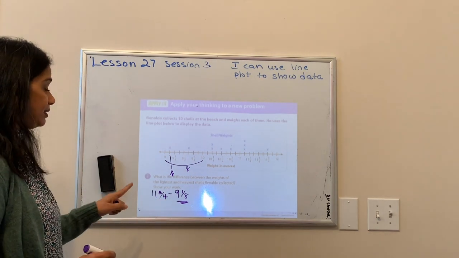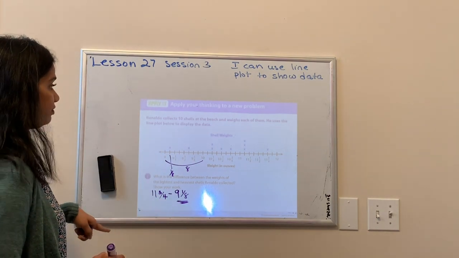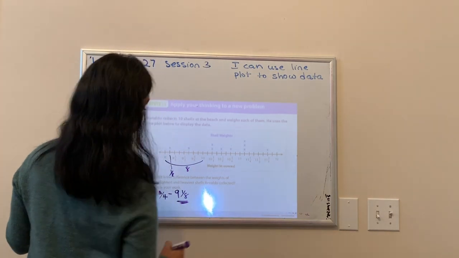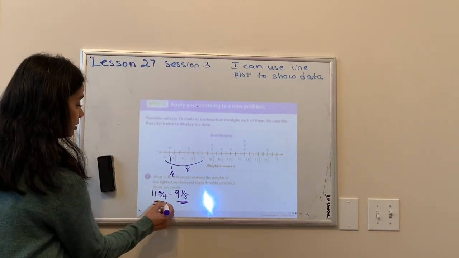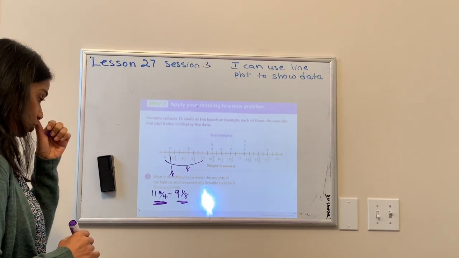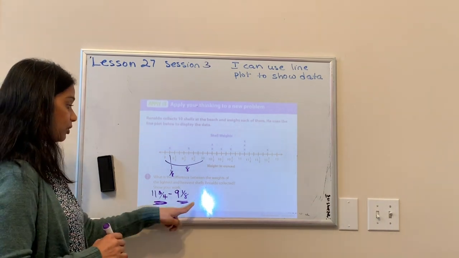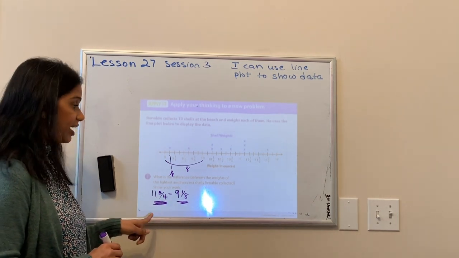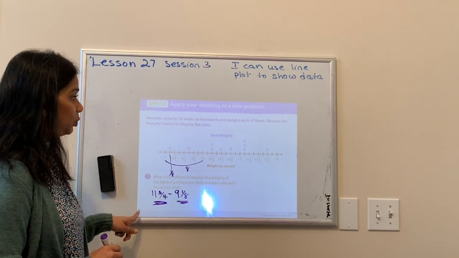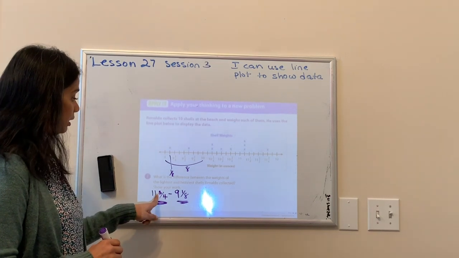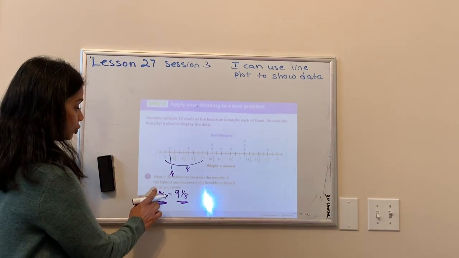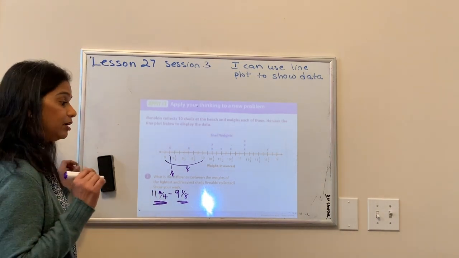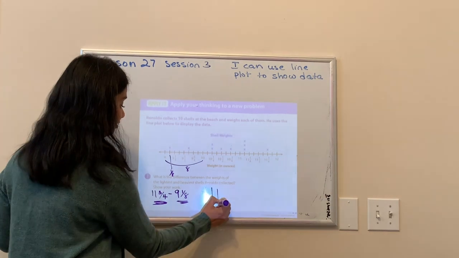That's our lightest, right? What is our heaviest? Let's go all the way down to the end. It says 11 3/4. So that's my heaviest, and I am going to subtract those two. Now there are a number of different ways that we can use to subtract this. We can find the lowest common denominator. We can use equivalent fractions. So let's try using equivalent fractions for a minute. 11 3/4. If I were to take 3/4 and change that to an equivalent fraction where the denominator is 8, what do I get? I will get 11